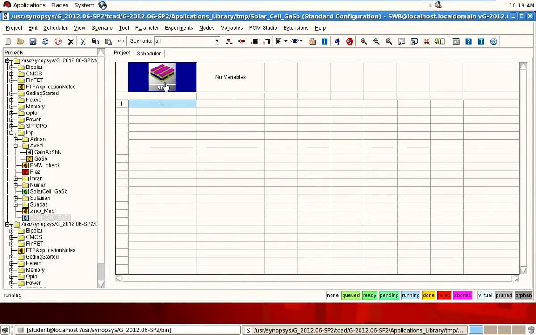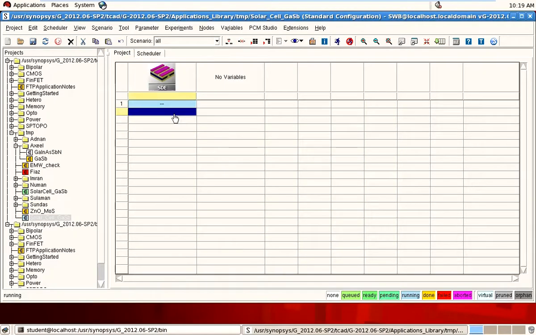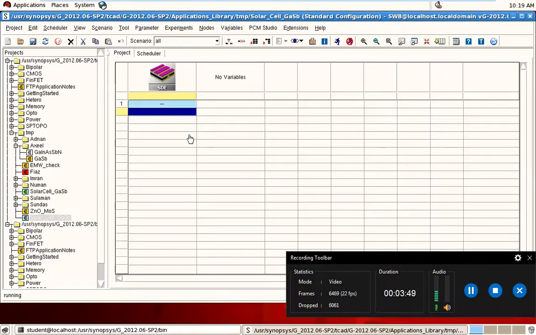So now we are waiting for the command window to run for this project. It will take a little time. Both windows will be open, the boundary file and the Tecplot file.